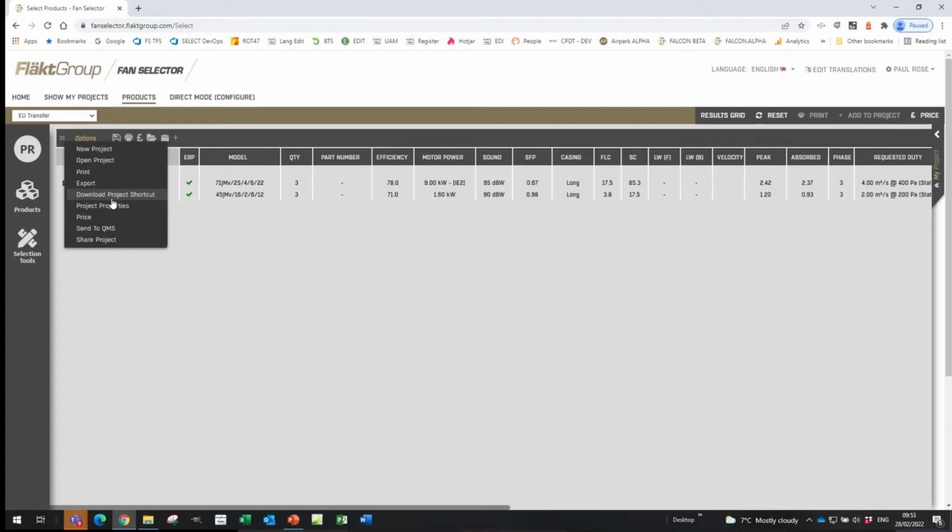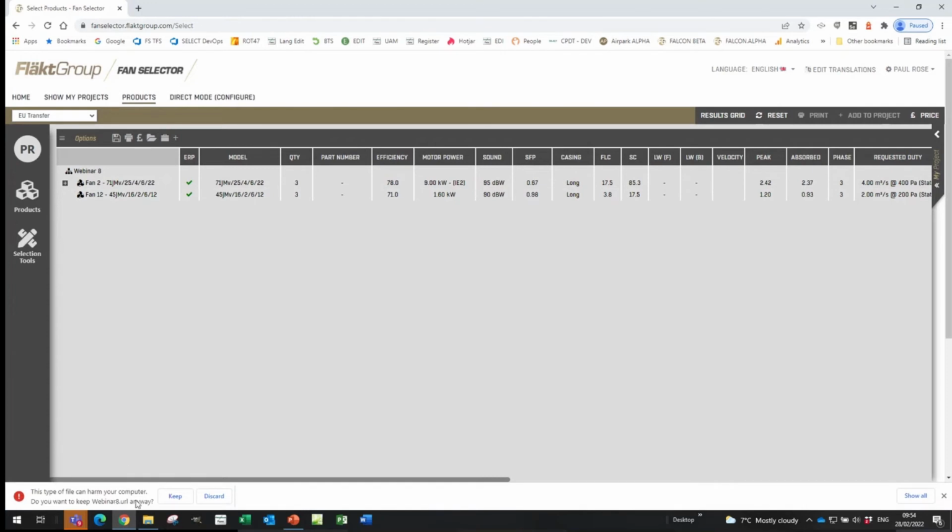Well, this is a web-based program, and there is no such thing because all the files are currently in the cloud online. So if you have a series of supporting documents or files for projects that you're working on, on hard drives or networks, you might want to provide a shortcut to the project of the selections that you've made for those files, like you would do now, where you copy the FWP file into that same location. What you can do here is you can create a shortcut to this project. I'll just show you how this works. If I just download this shortcut,